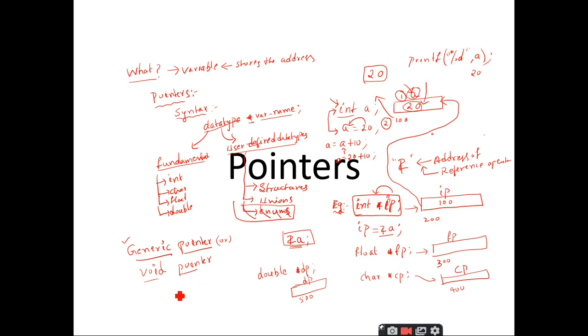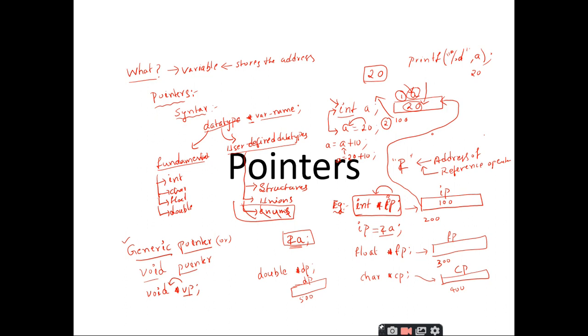Now tell me, how do I declare this void pointer? I will tell you what is the use of this generic pointer, but tell me, how do you declare this void pointer? Void star. It should start with the data type, and I told you that void is another data type. So void star, let us take it as VP, void pointer. So this VP is a pointer variable. This VP is a variable of type void pointer. So what do you mean by this void pointer? It means it does not impose any restrictions on the address it is going to store.